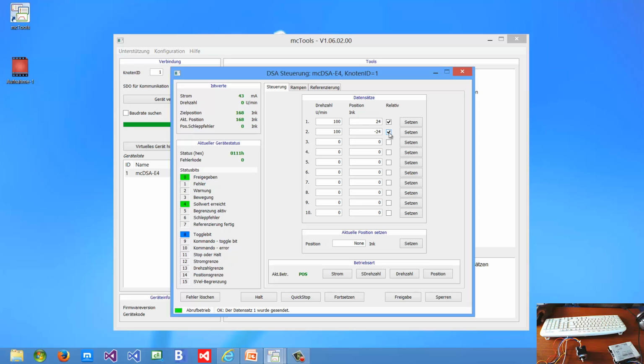Now I check this box, release it, set original position to 0. Now see what happens. Forwards, backwards, forwards, backwards, forwards, backwards, forwards, backwards. It's not so precise, but at least it moves